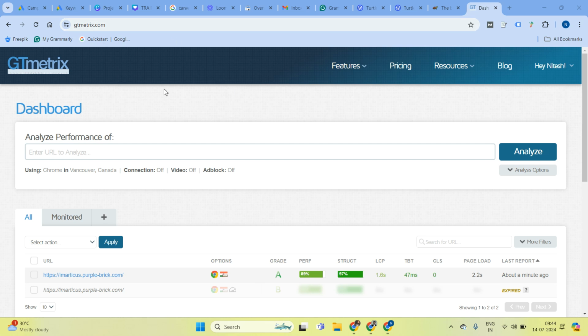Once you log into gtmetrix.com, you'll see something like this. Please ensure that you create an account here, because only when you create the account you'll be able to change the location of the server. By default it is Vancouver, Canada, and after creating an account, if I click on this Vancouver, Canada, I'll keep on getting multiple options. I think there are 4 or 5 options. I'm clicking, so I can see Mumbai, India. So that is what you want, because majority of your audience is in India.